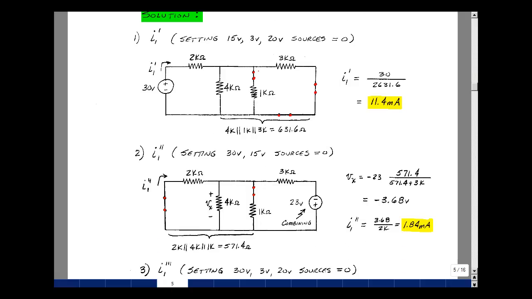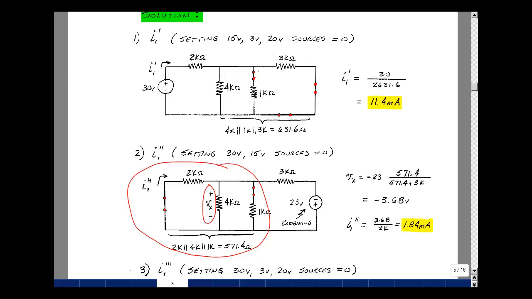Okay, now let's set the 30 volt source equal to 0. That was this front one here. And then we had a 15 volt source set equal to 0. And I'm going to combine the 3 and the 20 volts here into just one source with our equivalence relationship. I basically have a voltage divider. And if I could find the voltage across this parallel combination, then I can solve for the current I1 due